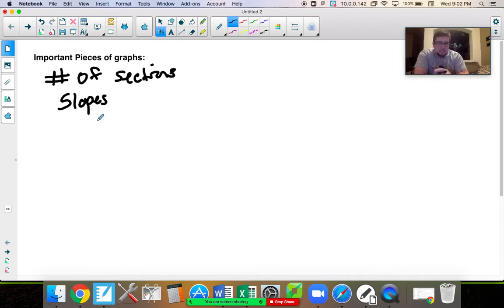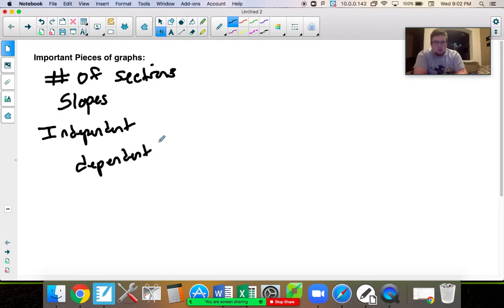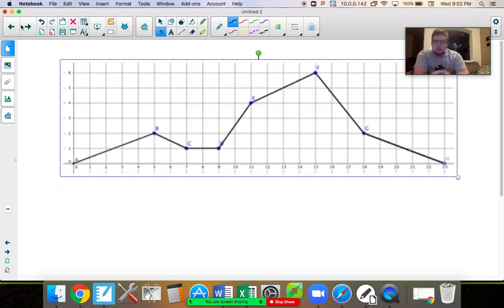How are they slanted? We want to know the independent and the dependent variables, so what's actually going on in the story. We want to talk about any y or x intercepts, y-intercept mostly. So this is what we want to look at when we go through. Looking at our first graph,